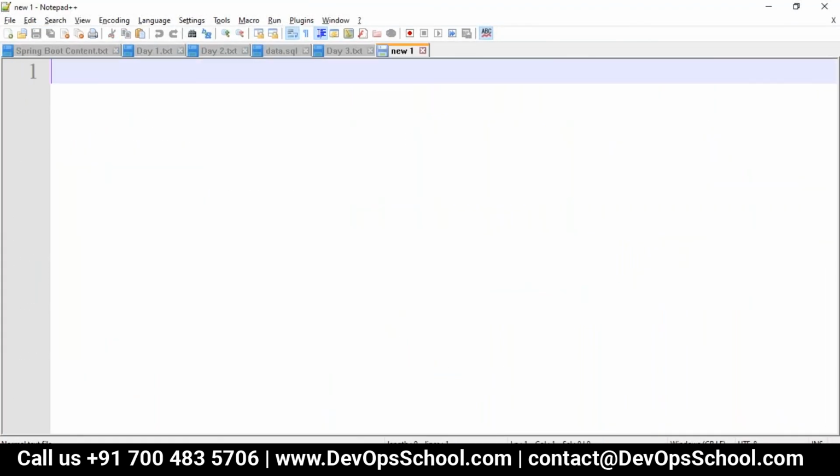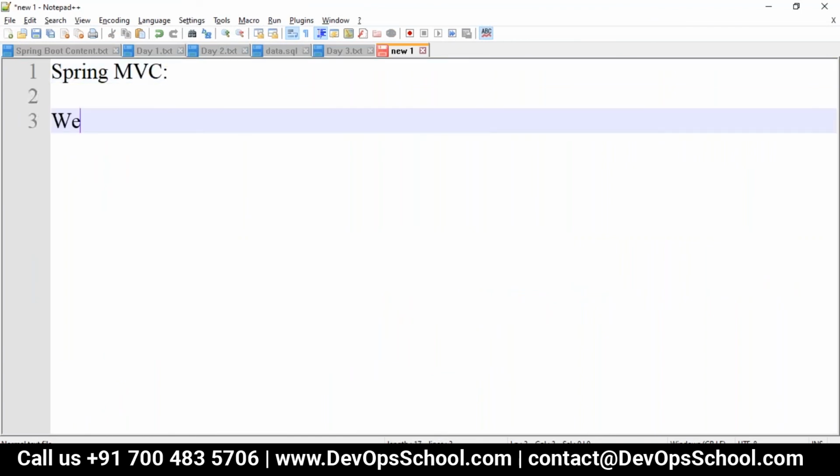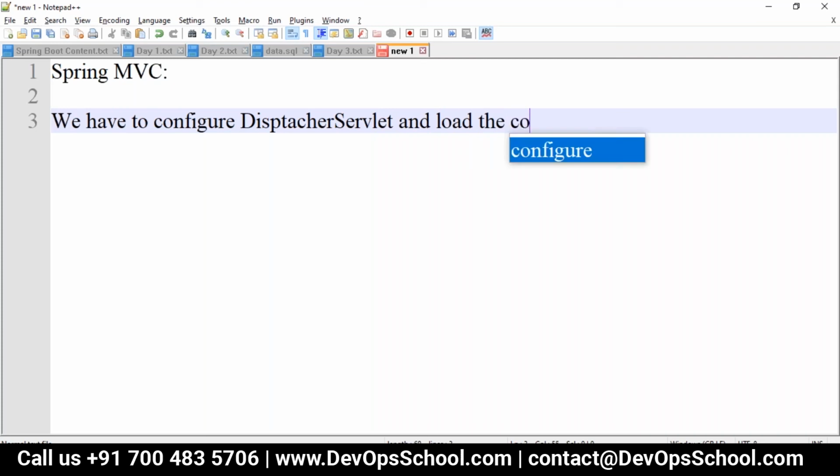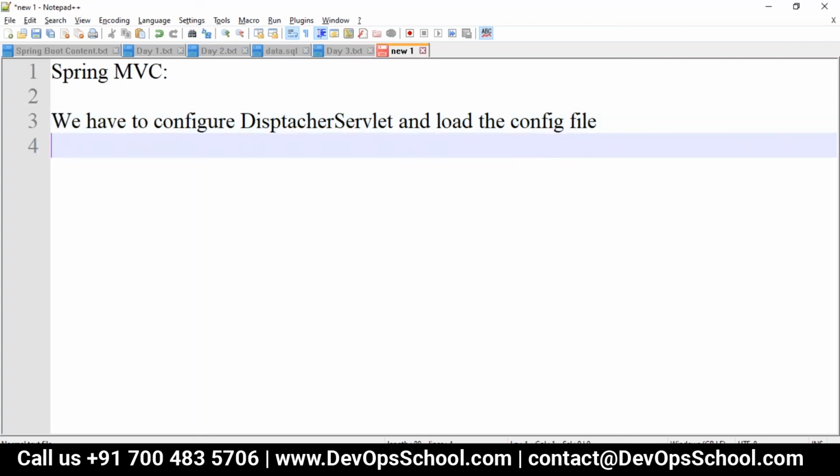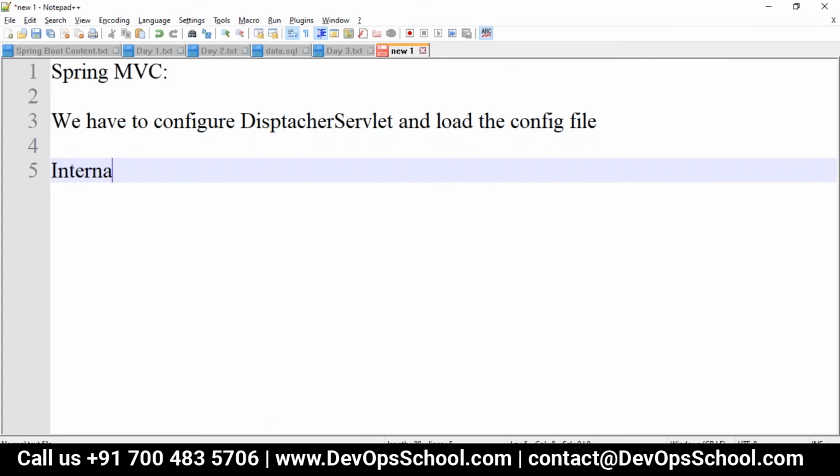When you go with Spring MVC, we have to configure the dispatcher servlet and load the config file, either with XML or the Java way, where you have to configure the InternalResourceViewResolver.